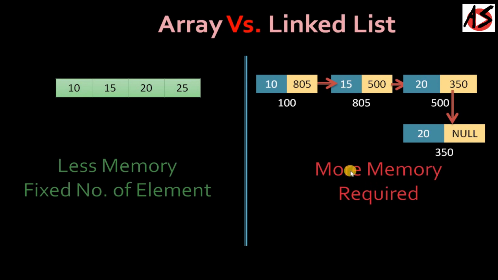So normally, when you will use the array or when you will use the linked list, where you know the number of elements in advance and you don't require to do much insertion and deletion in your data structure, then you prefer the arrays. Once you don't know how many elements you want to store in the list, and later if you want to insert and delete nodes frequently, then linked list is preferred. This is the difference between arrays and linked list.